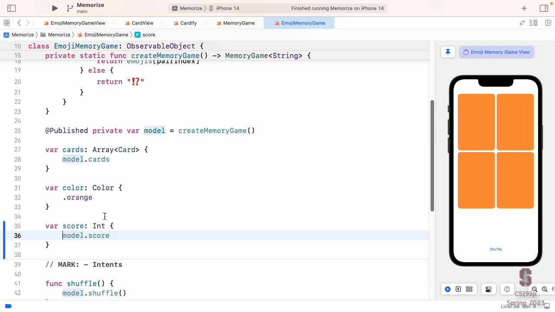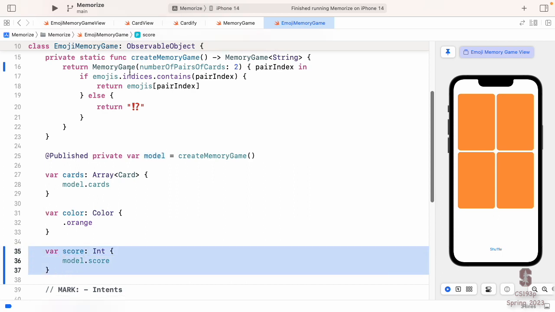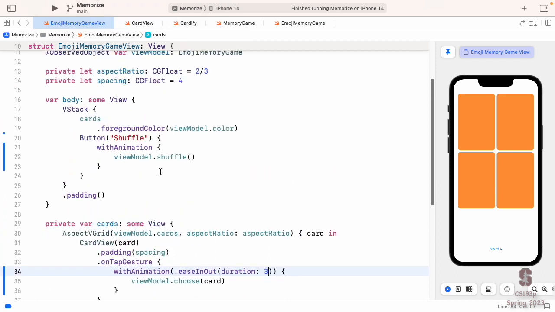By the way, having seen some of your assignments, please, I've said this many times, don't call your model var model, and don't call your view model view model. I'm calling it that so you learn it. You want to call it something meaningful like game, something what it is, the var what it is. So we had our score in the view model.